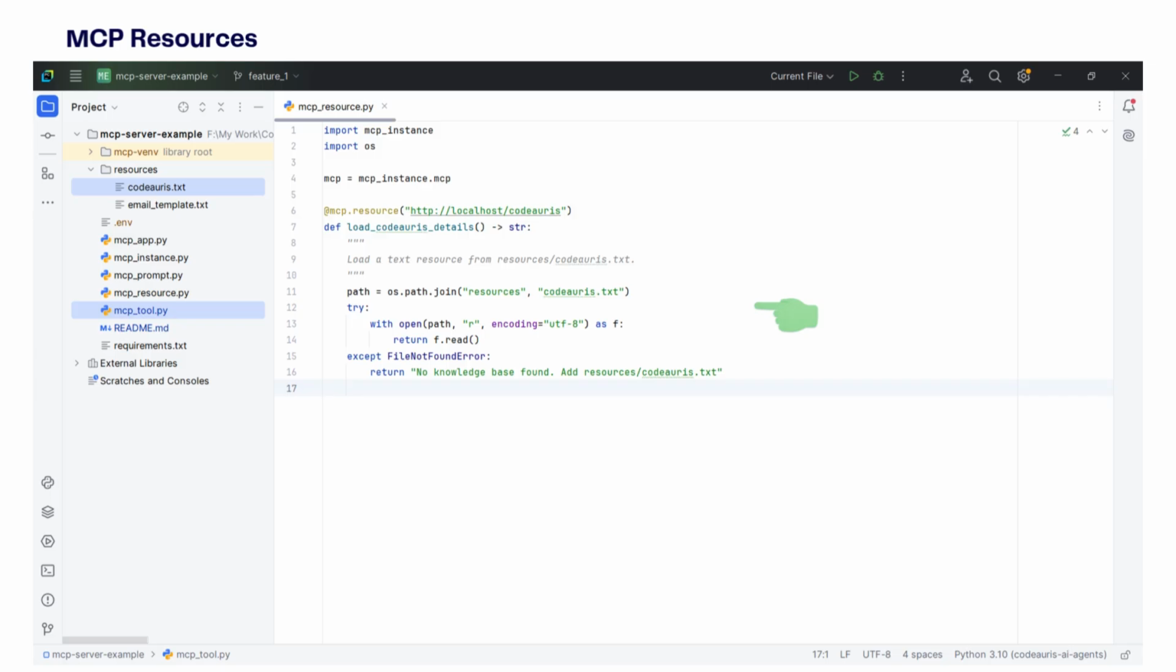If the file is missing, we send a fallback message, "no knowledge base found," prompting the developer to add the missing resource. This simple yet powerful setup turns any local file into a live resource endpoint inside the MCP environment. So that's how we define and register resources inside the MCP framework. It's clean, lightweight, and incredibly flexible, allowing you to expose text files, templates, or even structured data as part of